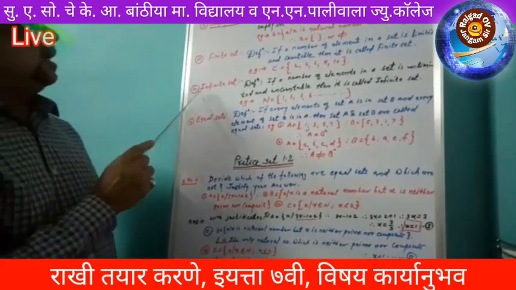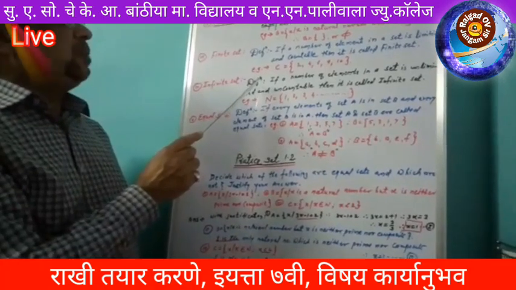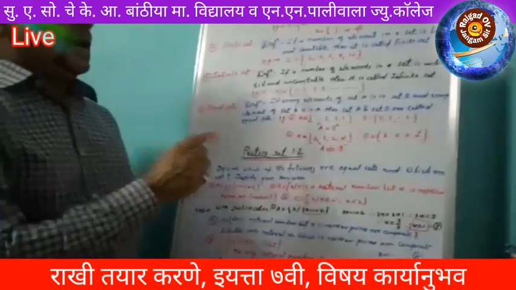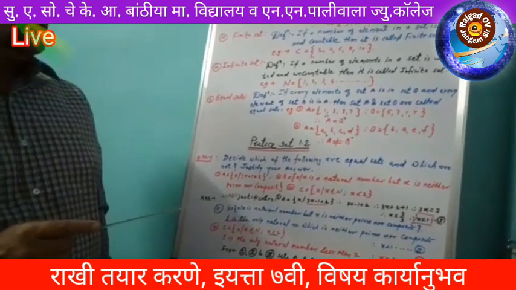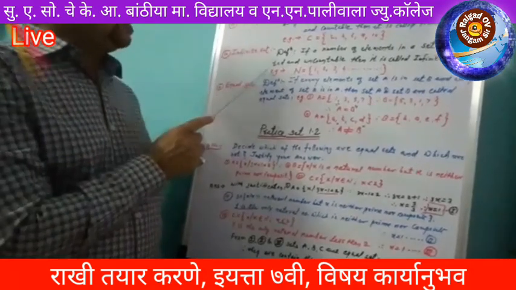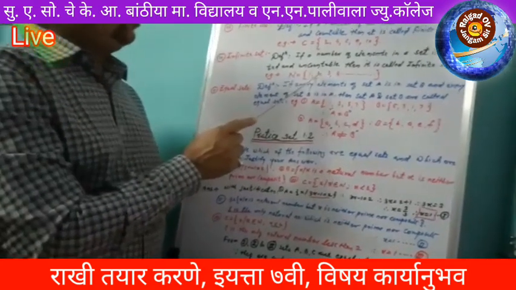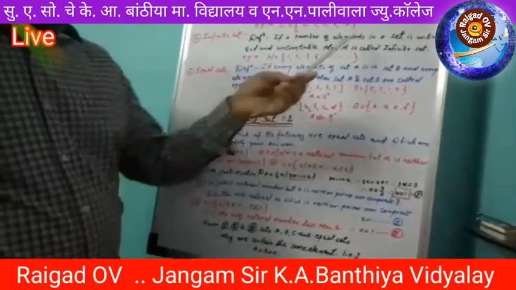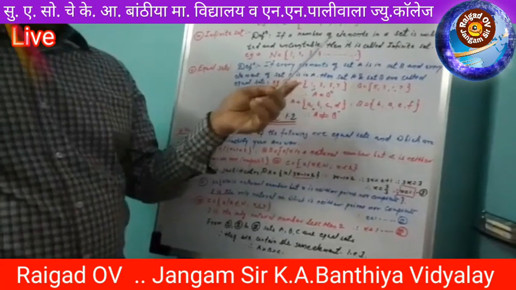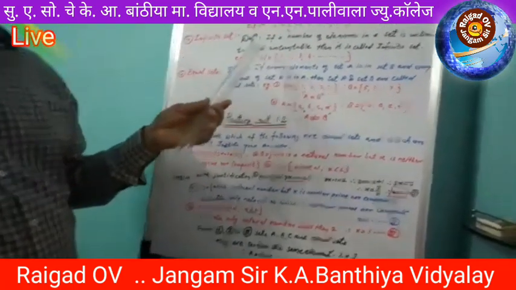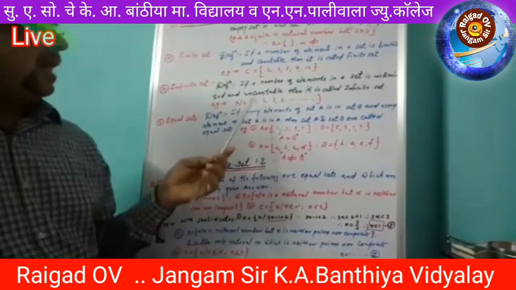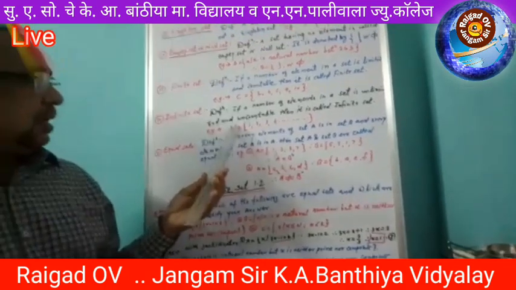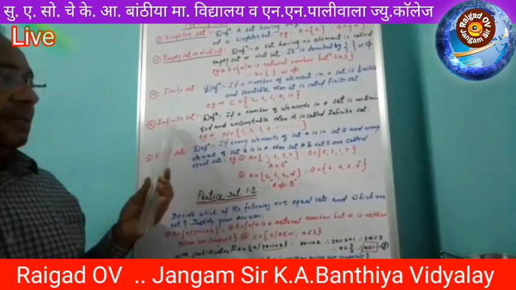Now go to the next set, that is infinite set. Definition of infinite set: if the number of elements in a set is unlimited and uncountable, then it is called an infinite set. So see here example, N equal to 1, 2, 3, 4, and so on. It means that here the number of elements is unlimited. These dots mean that the number of elements is unlimited as well as uncountable. We cannot count the numbers in the given set N, hence set N is an infinite set.